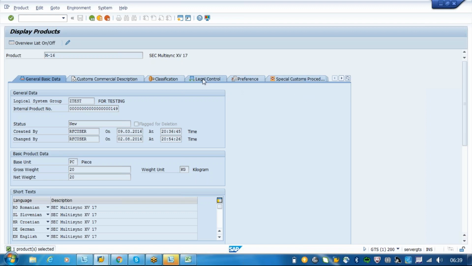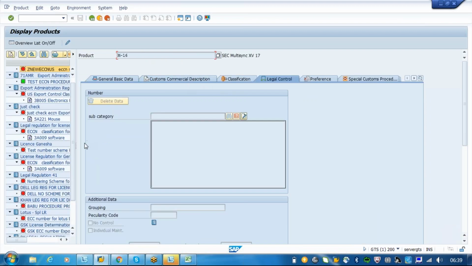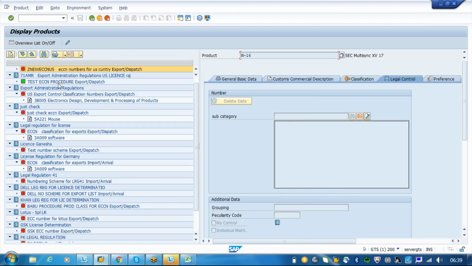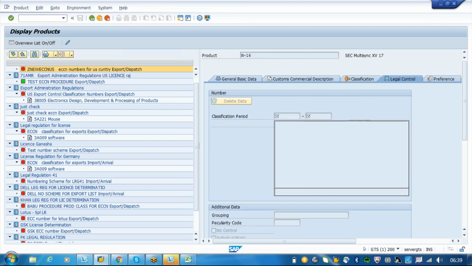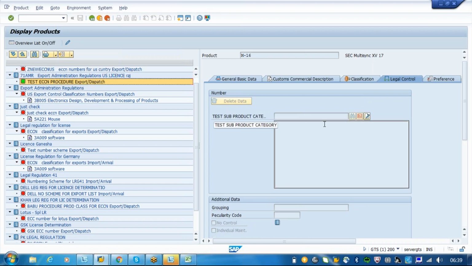If I go to the legal control data, you can see on the right-hand side that for each and every process, there is one number assigned. What is this number? When you transfer any material from R3 to GTS, the product number is created with the same number.